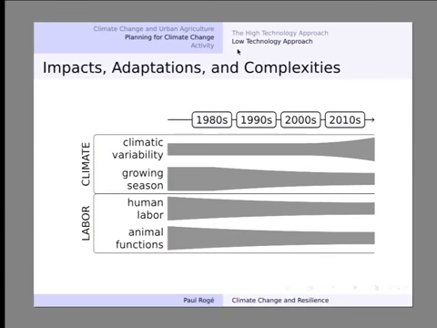In terms of labor, we've seen a constant but increasing decrease in human labor along with animal husbandry, which has its impacts on a whole host of activities that happen in their communities. Because there aren't as many people in the communities, they're not able to have animals, and because of that, they don't have the fertilizers they need, they don't have the animal traction they need, they don't have the amount of economic return that they used to have.